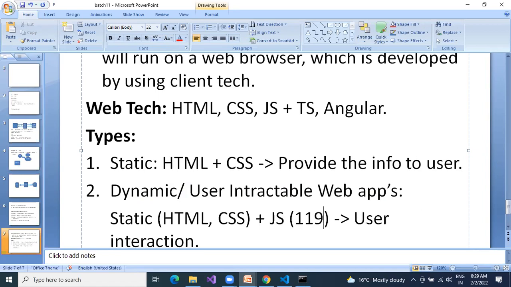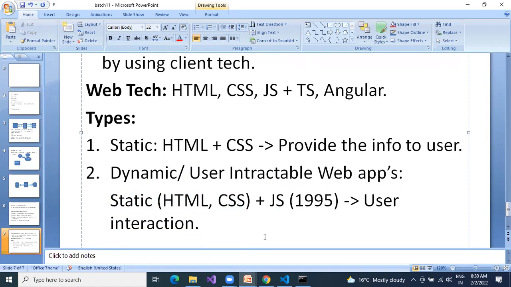We have seen in our history. So up to 1995 we had only static. 1992, 1993, 1994. In 1995 JavaScript came and it became dynamic, a user interactable. User interaction means a user can provide feedback and answer some questions. Static means the user can simply see, he cannot perform any action.